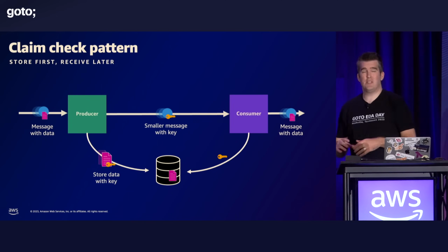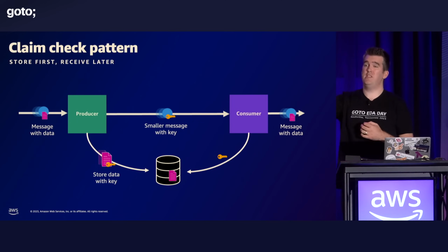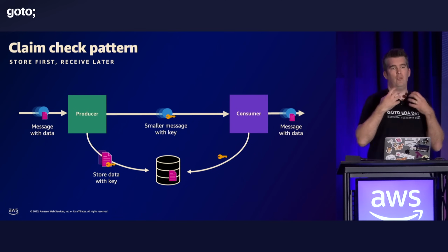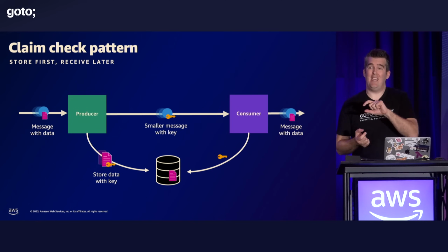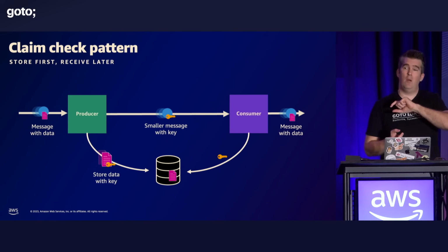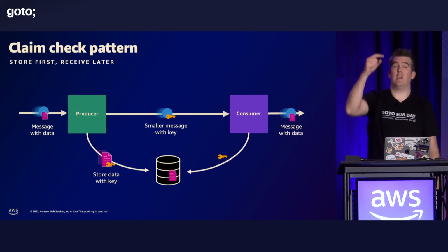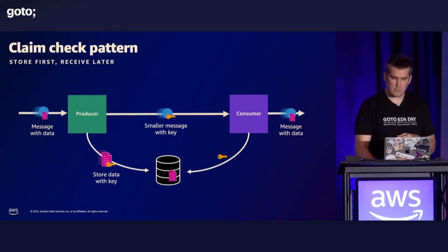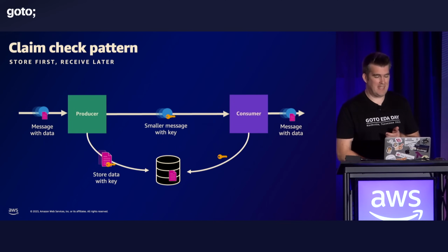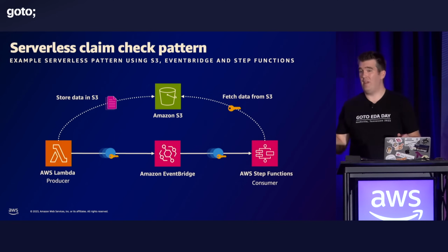What this allows us to do is get the message, get that information, and before we actually produce it, we store it first. We store the information somewhere, and then what we can do is pass that key, that reference point, with the event to the downstream consumer, and the downstream consumer can come and get this information and enrich their payload and move on.